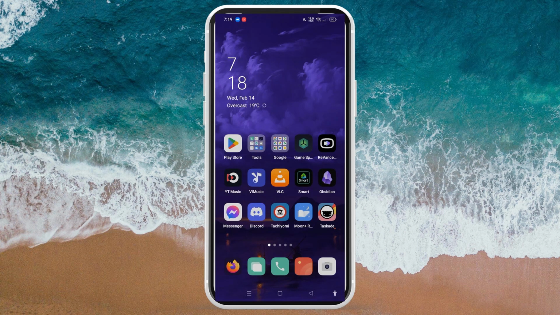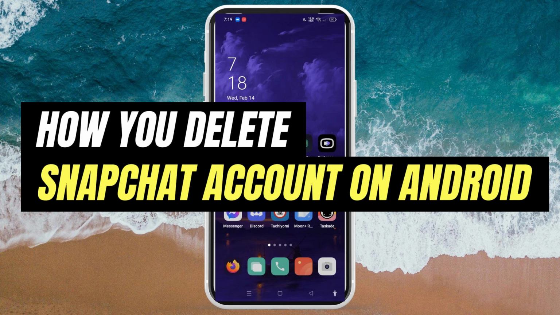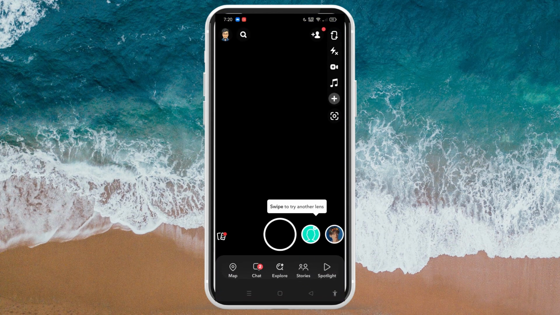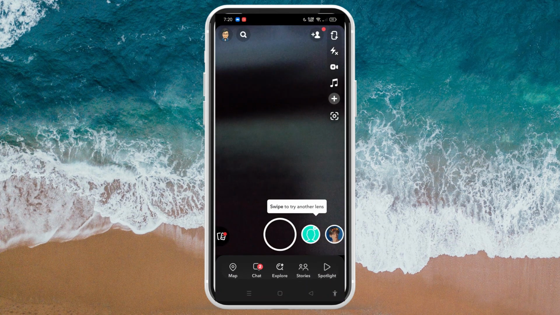In today's video we're gonna learn how you delete Snapchat account on Android. So if you're using an Android device, this is how you could delete your Snapchat account. The steps in here are actually just similar to deleting on your iPhone, and let's get started by opening